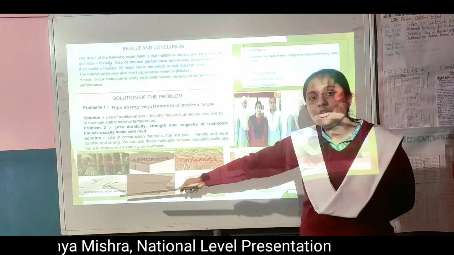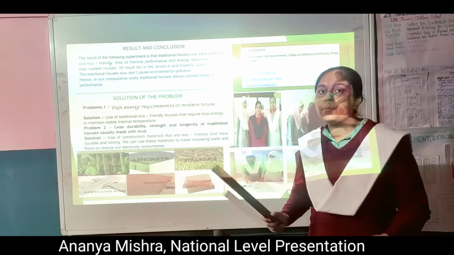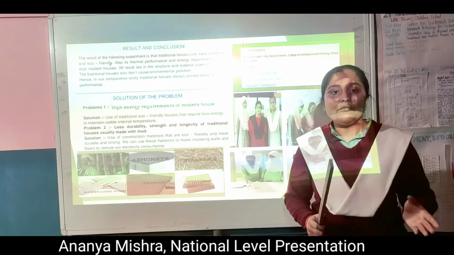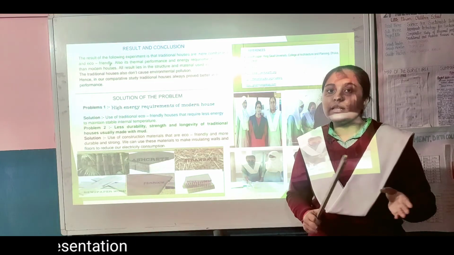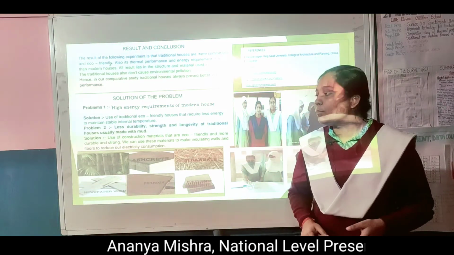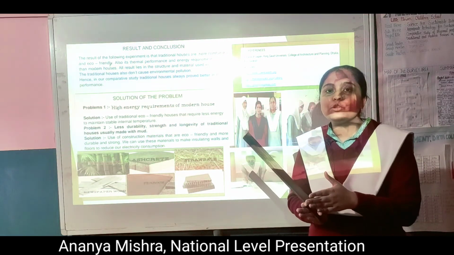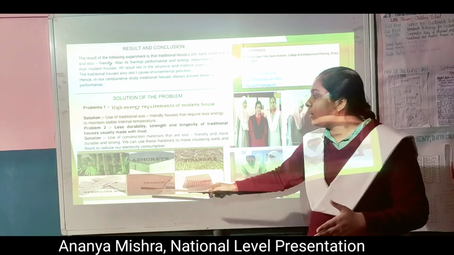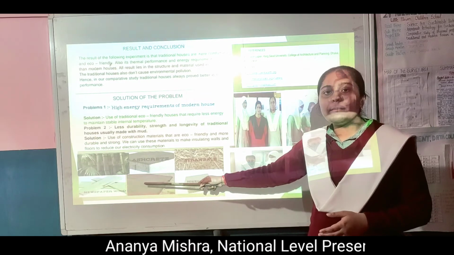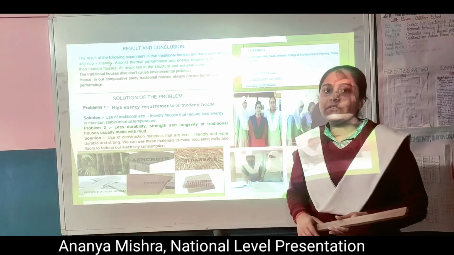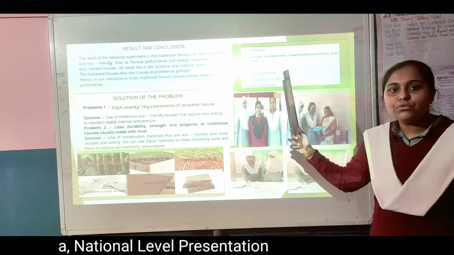The fourth one is newspaper wood, the fifth one is saraf, and the sixth one is honeycomb paper. These are also some of the materials which are good thermal insulators. We know that we can make paper out of wood, but have you ever heard that we can make wood out of paper? Yes, it is possible. If we apply lots of force, compress the newspapers and apply glue between them, we can make newspaper wood, which is a very eco-friendly and durable material, and we can use it for making furniture, etc.